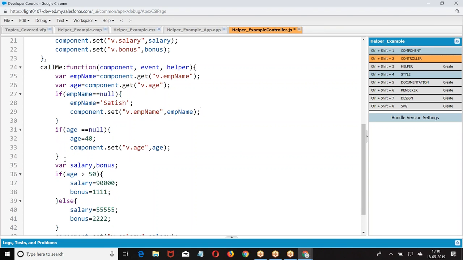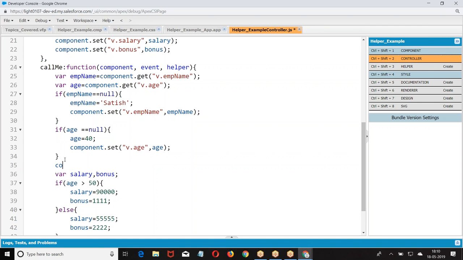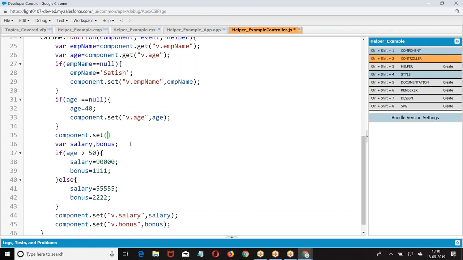component.set. Okay. Then component.set. console.log.